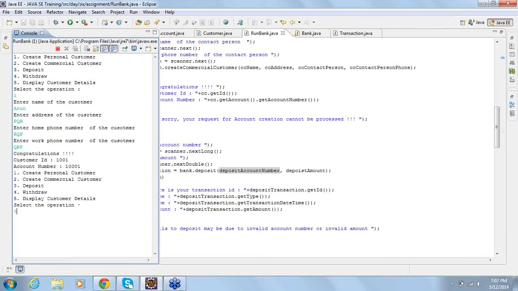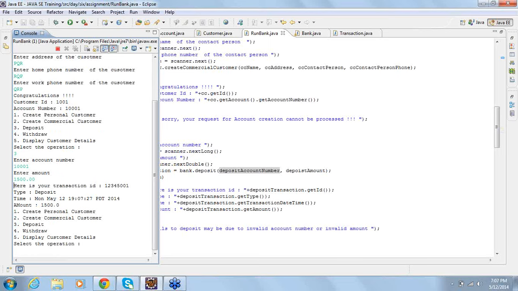Then let's do deposit using an account number. Enter the amount. Yeah, here is your transaction ID, type is deposit, and what is the amount involved.